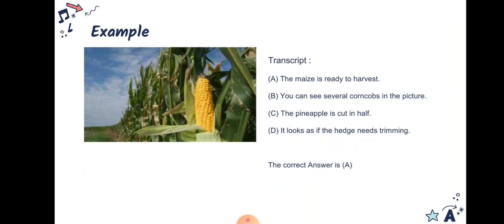You will hear: A. The maize is ready to harvest. B. You can see several corn cobs in the picture. C. The pineapple is cut in half. D. It looks as if the hedge is being trimmed. The correct answer is A. Why? Because